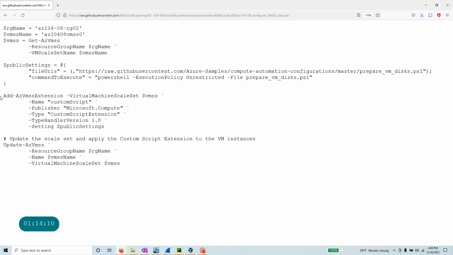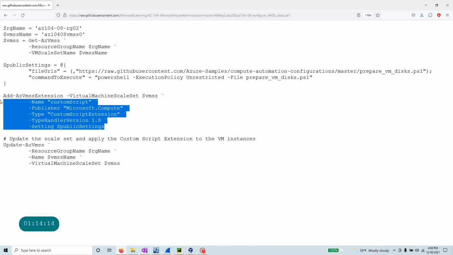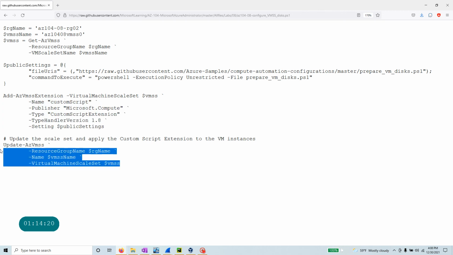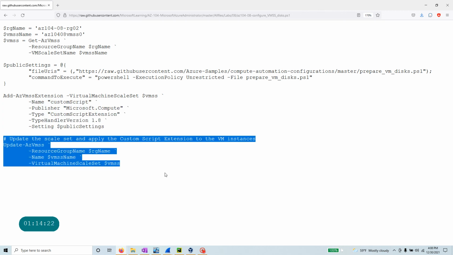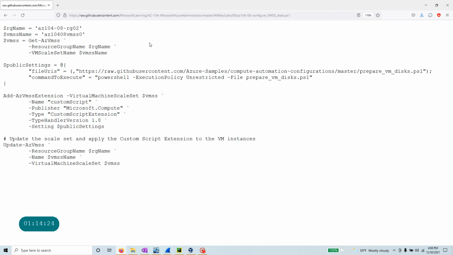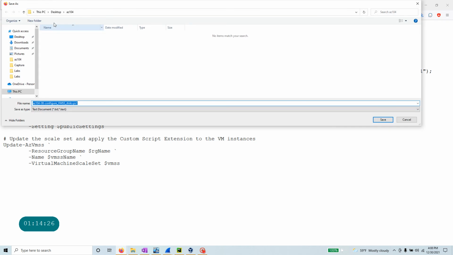And then you're gonna add the ACVM extension with these particular parameters. You're gonna say name, publisher, type, type handler, and setting. And at the end, you're gonna update the skill set and apply the custom script. So I'm just gonna save this one first to my AZ104